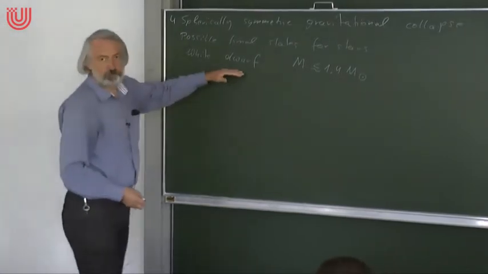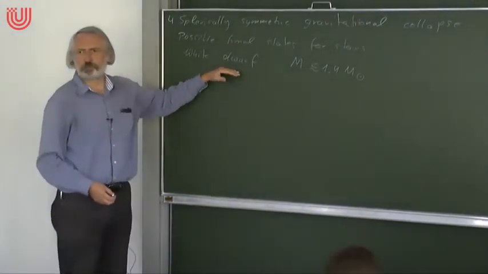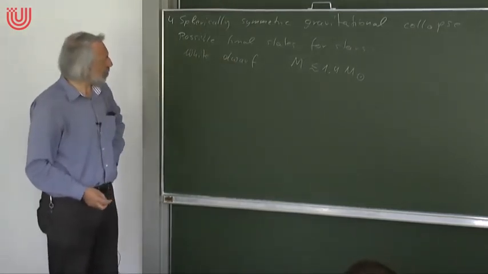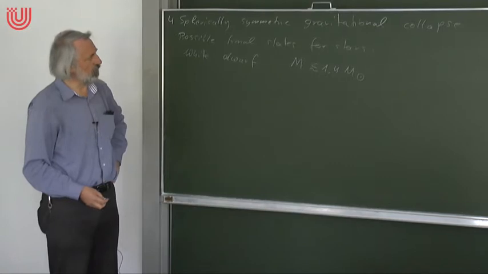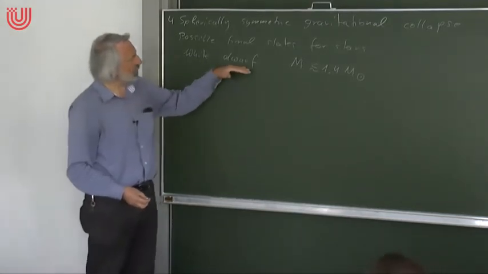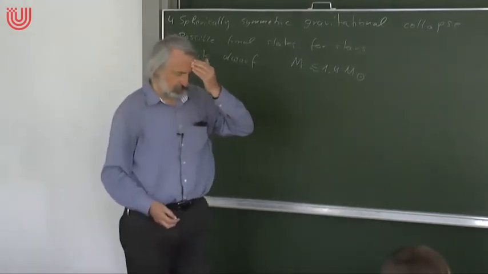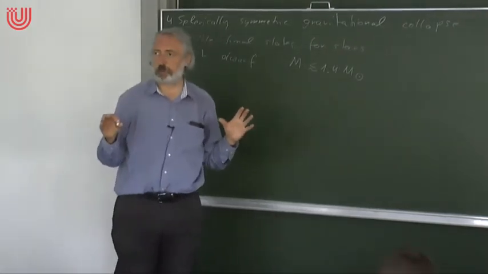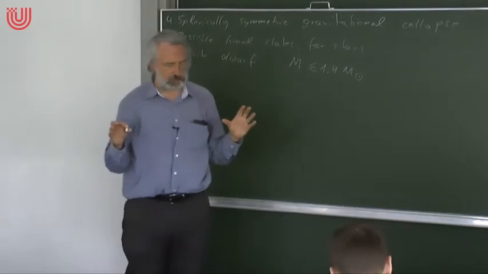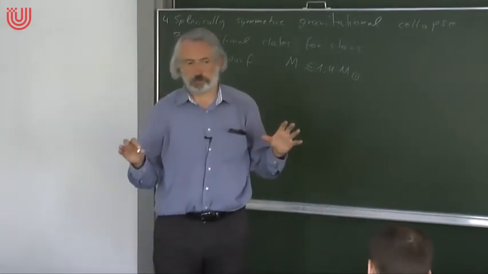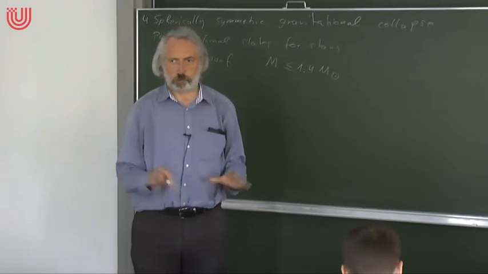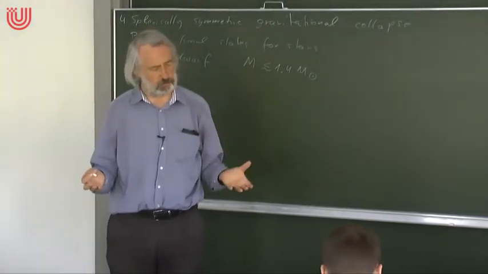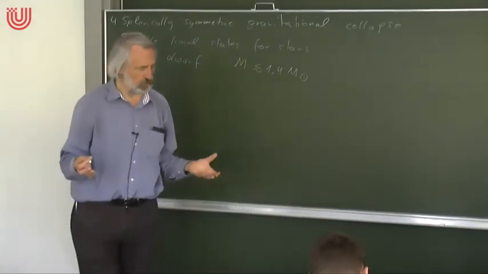So this was in 1934 or 33 or something like that, when this famous paper was published, where this limit appeared. And the question is, what happens with stars which are heavier than this? The state of the matter in white dwarfs is what is called a degenerate Fermi gas. So the essential thing is that electrons are fermions. In a star we don't have atoms. In an ordinary star like the Sun, what we have is a plasma, so it's electrons and nuclei separated from each other.